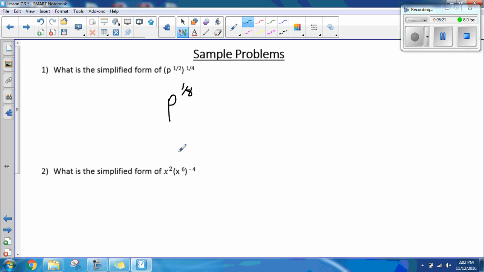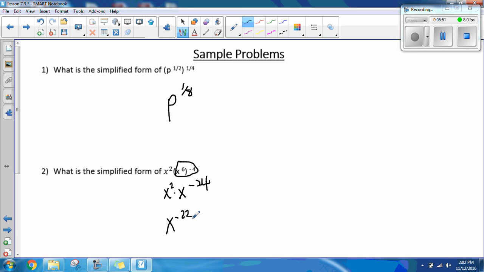Here we have x to the 2nd power multiplied by x to the 6th power being raised to the -4th power. So let's just deal with this part first. Since it's a power being raised to a power, you can just multiply those two exponents. So I'll rewrite this as x to the 2nd power times x to the -24th power. And because I have the same base, all I have to do is add the two exponents, and I get x to the